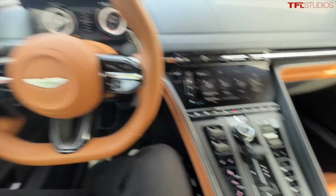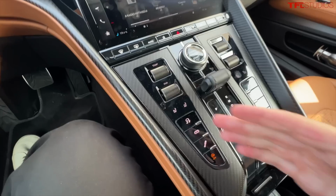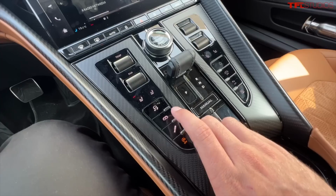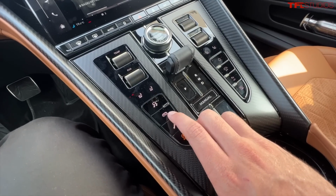Manual selection down here for the big paddle shifters. And then on both sides, you've got your various controls. This button operates 3 different exhaust settings, and we'll play a clip of that here in a sec. But you've got quiet,